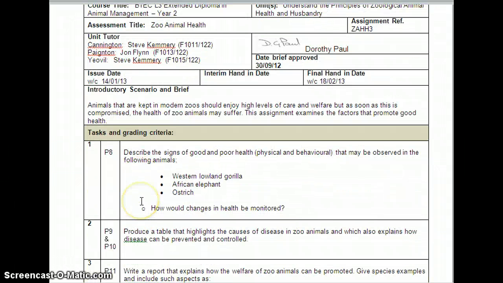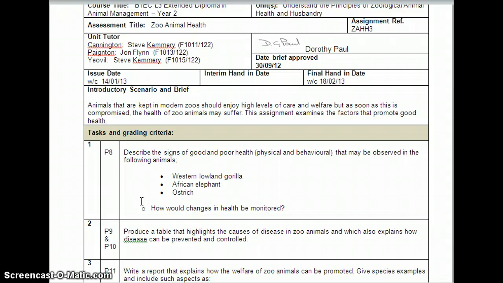So for this one you need to look at the gorilla, the African elephant and the ostrich and describe good and poor signs, both physical and behavioural, of health in those animals. It needs to be specific to each animal. So what I don't want to see for the ostrich is nice shiny fur. Okay, so just make sure that you read your notes correctly and don't just copy and paste from one animal